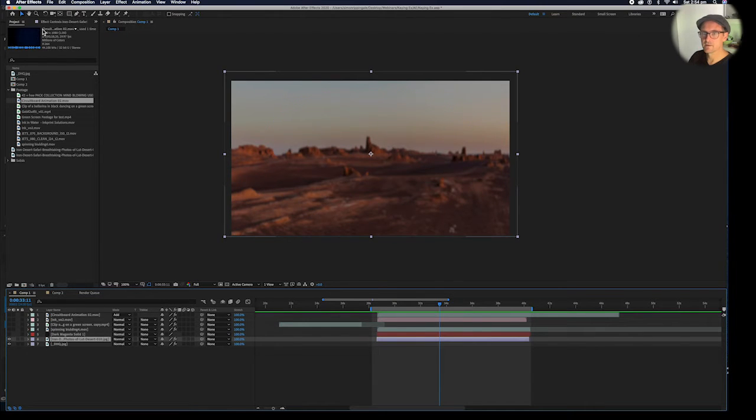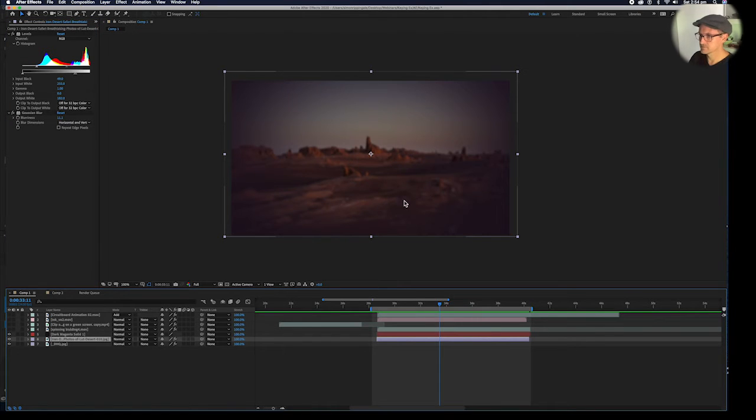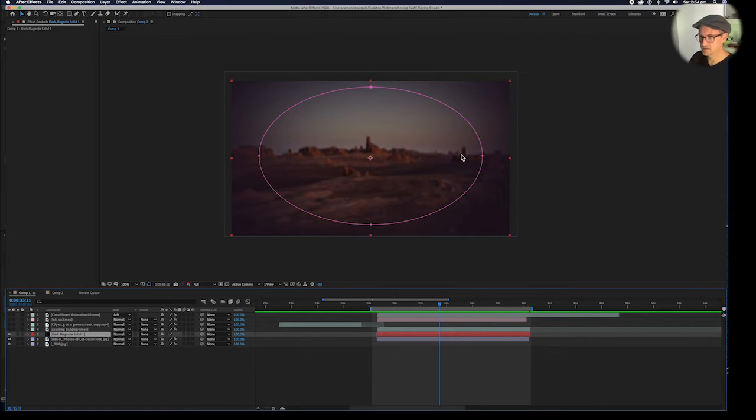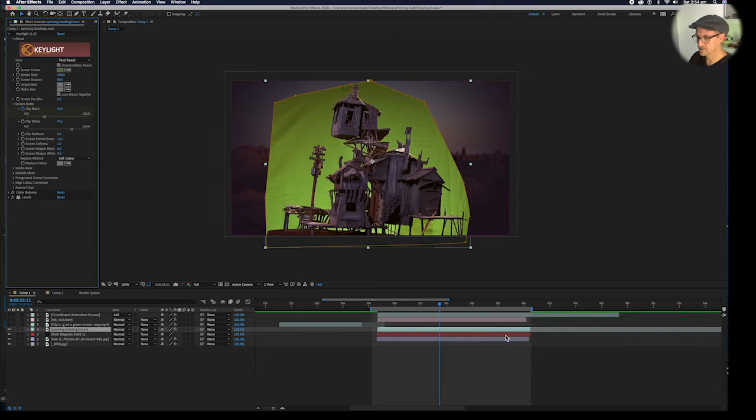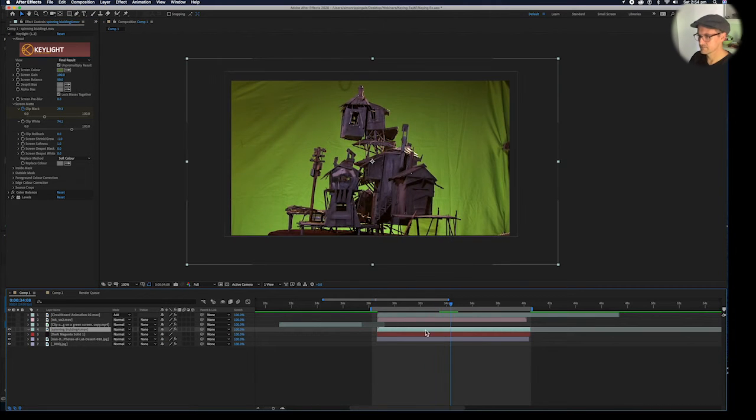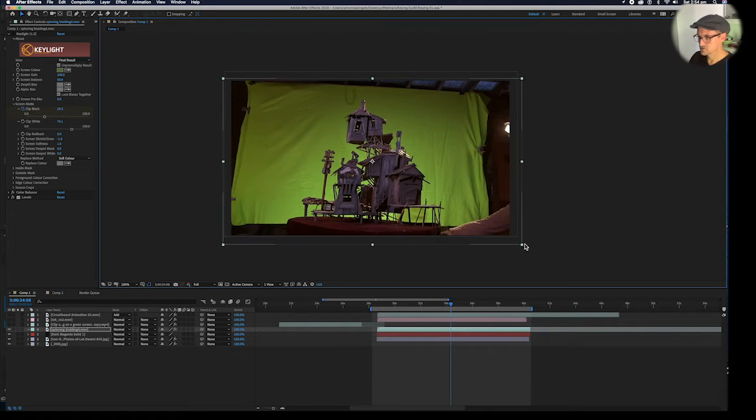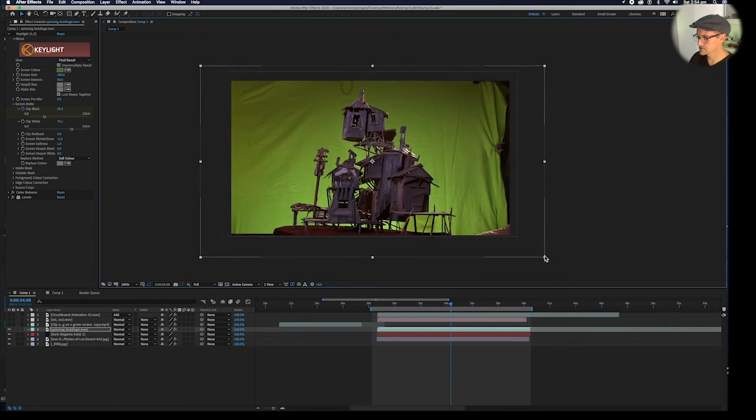I've got a blur on this background here in my effects. Then I've got a bit of a vignette. That's just a color matte with a mask. Then I've got this bit of video here, which has got a key light on it. So if I take the key light and the mask off, you'll see it looks like that. It's just some footage